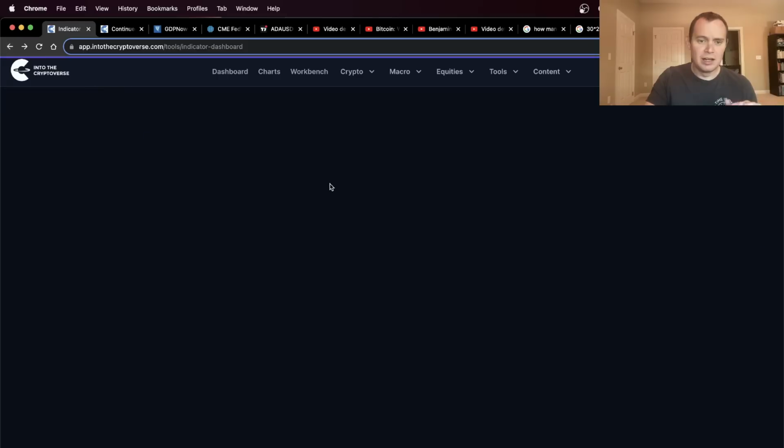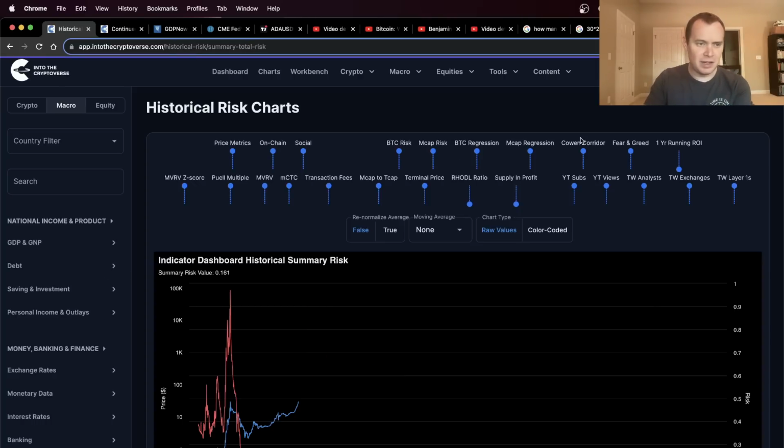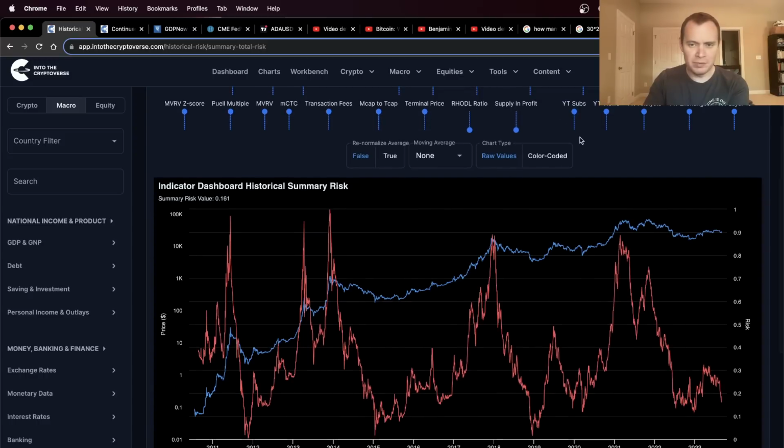I think that using risk metrics to navigate crypto is probably a better way to go about it. It's not financial advice. None of these risk metrics are perfect. They're not going to identify the peak identically. They're not. In 2021, you can see this initial pump, so this is where I sold most of my